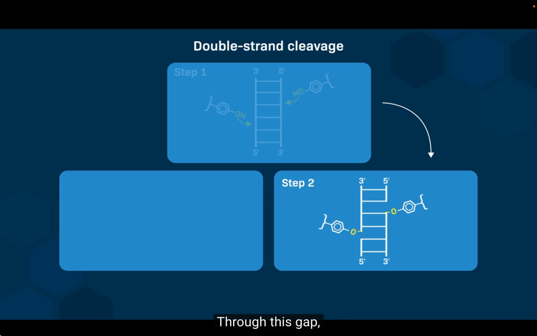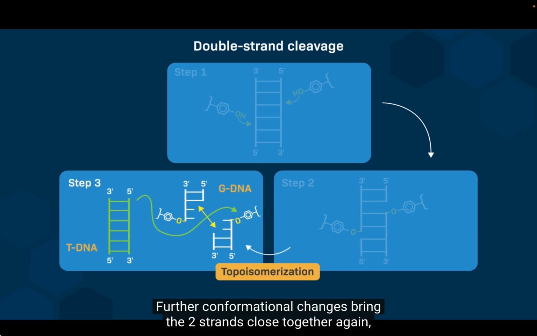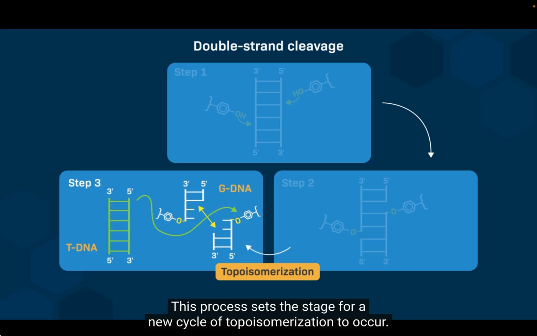Through this gap, an intact double-stranded tDNA molecule can pass. Further conformational changes bring the two strands close together again, which reinstates the two phosphodiester linkages in the gDNA. This process sets the stage for a new cycle of